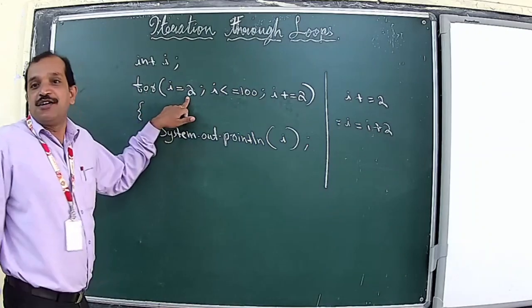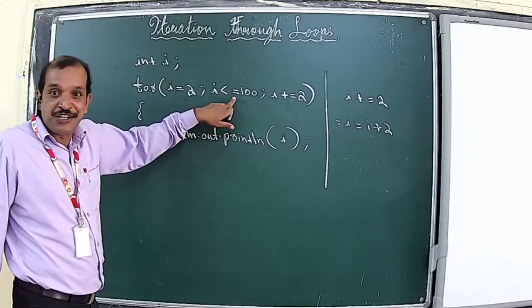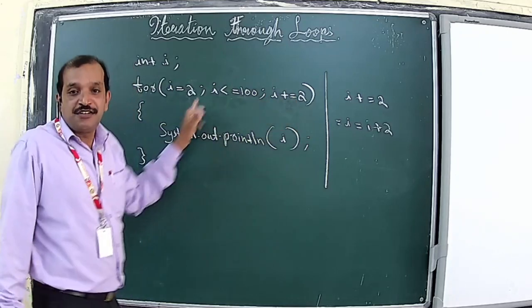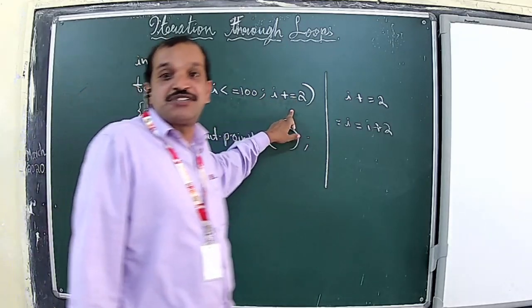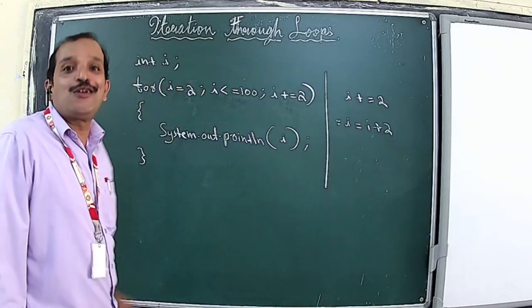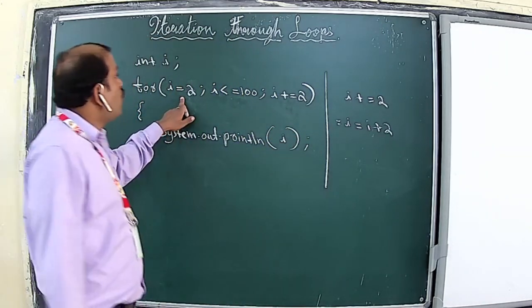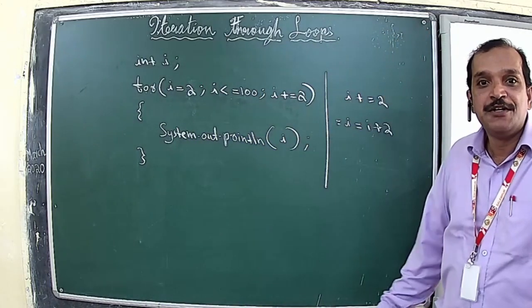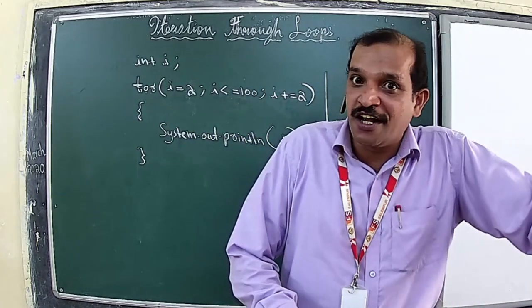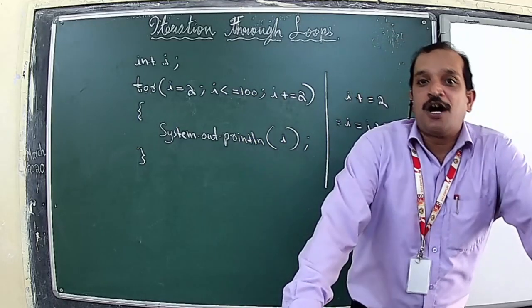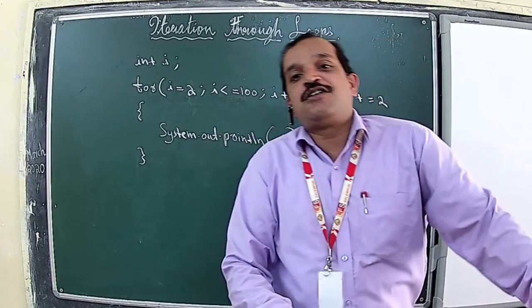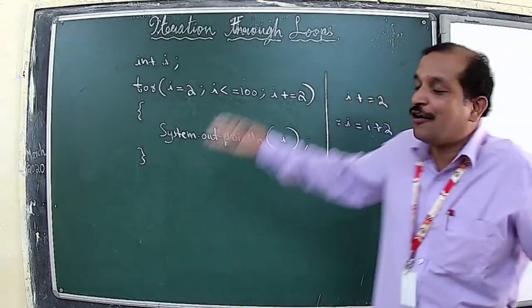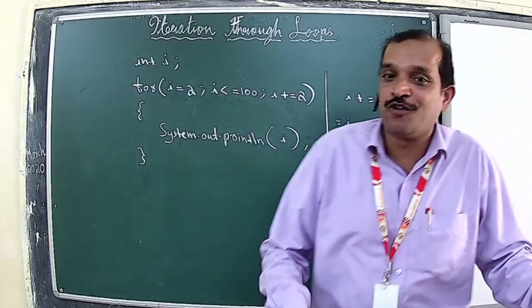Because first of all 2 will be printed, then after that 2 will become 4, then this 4 will become 6, and 6 becomes 8, and so on. So all the even numbers between 1 and 100 will be printed as part of it. So these 3 homeworks you will be doing right now, as long as this session is concluded. I hope you have understood the various ideas for completing that homework.